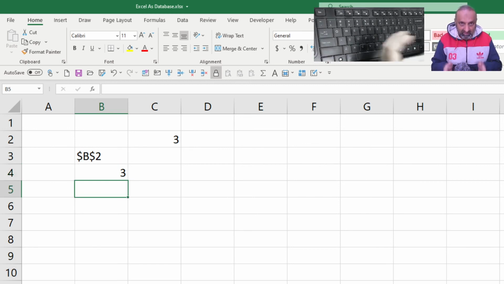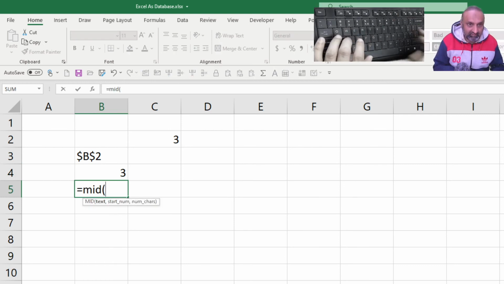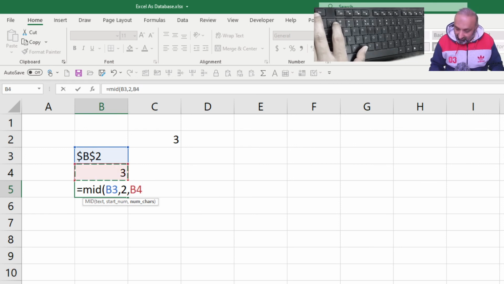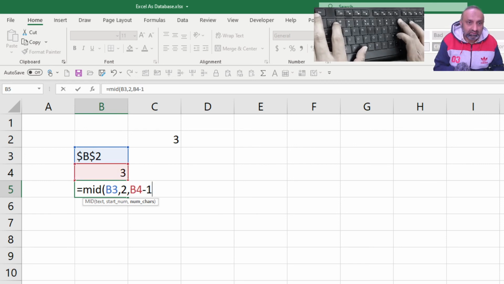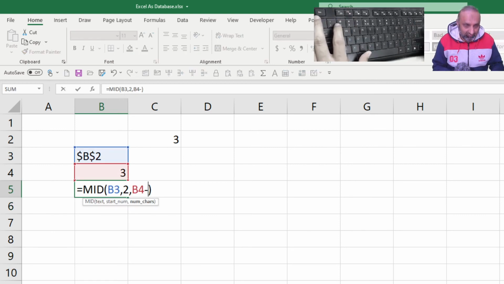So I want to pick up the alphabet in between, is equal to mid, from this text, starting from second, it is always second, and getting from 3 minus 1, or 3 minus 2, 3 minus 2, because we don't want the dollar.